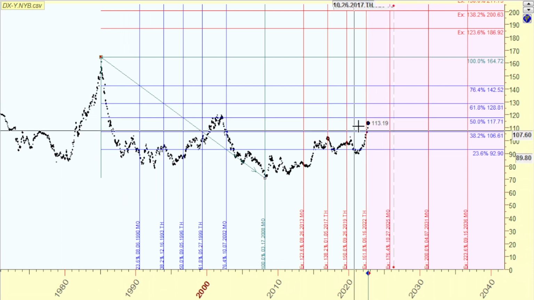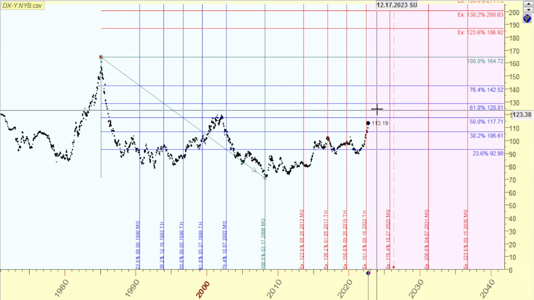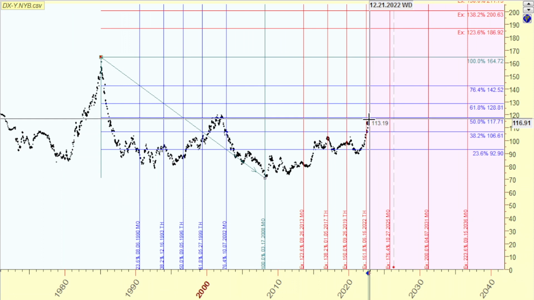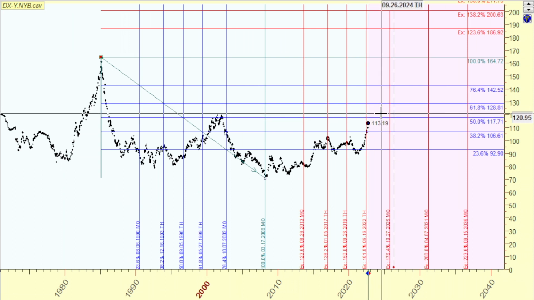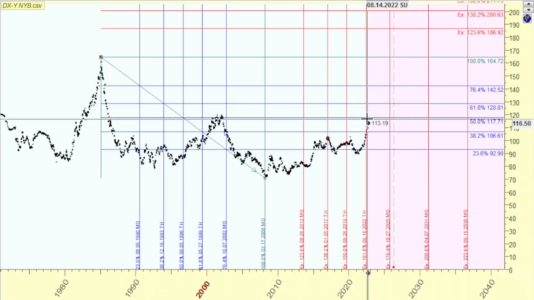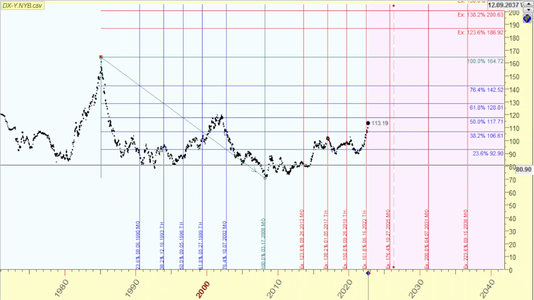If it's really going to push into November, I don't know if it's going to go that high into November, but if the weekly cycle is going into next year, 2023, that could probably be a possible target, even up there. But that all remains to be seen. So just keep an eye on that.